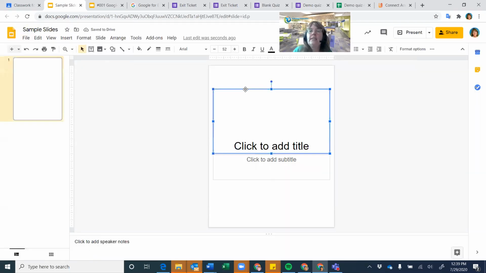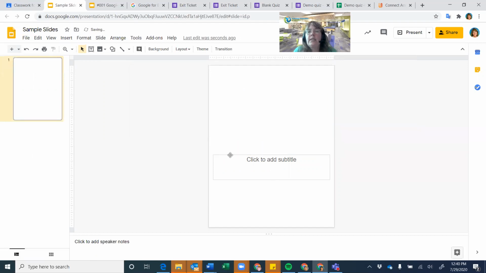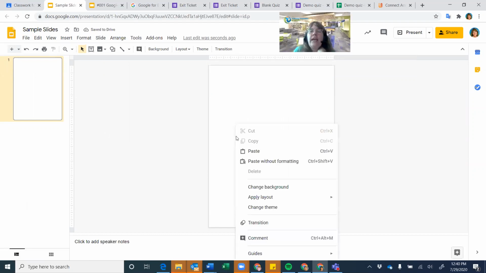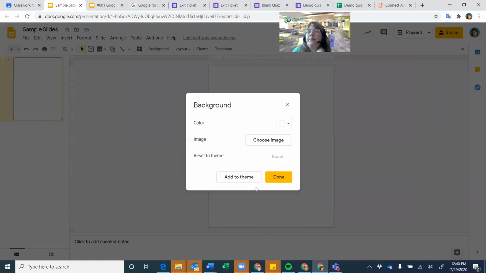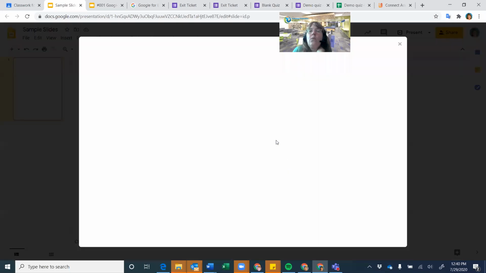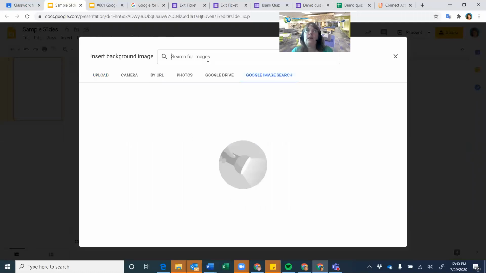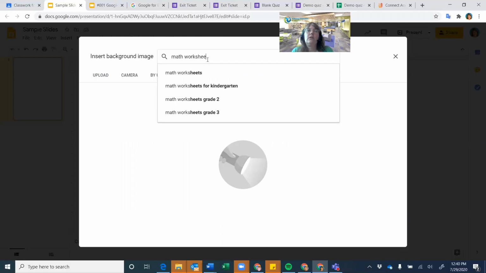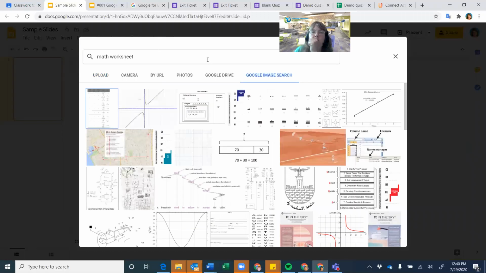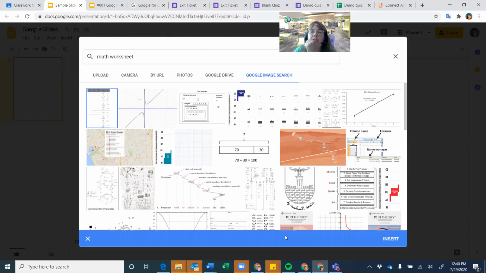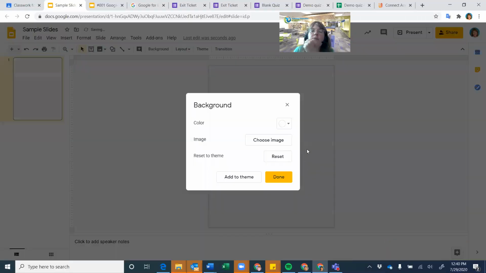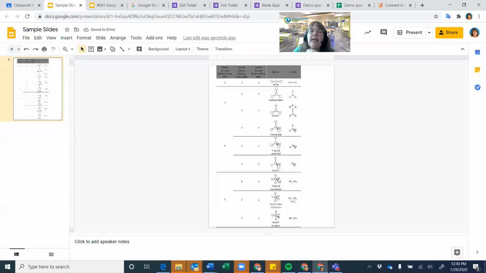I can delete these boxes here because I don't need them. And then I can change my background. And so when I choose my image, I'm just going to do a Google image search for a math worksheet. This one looks appropriately horrible. So I can choose my image, I can say done, and now when I make this a little bit bigger,